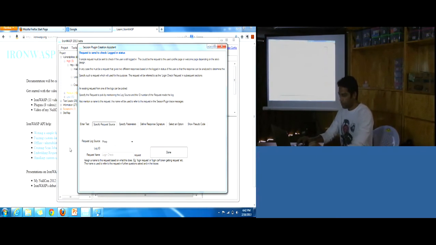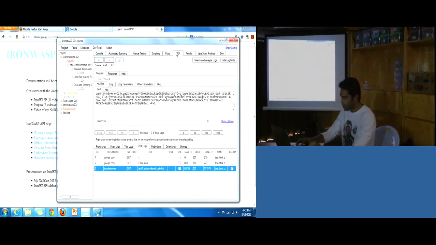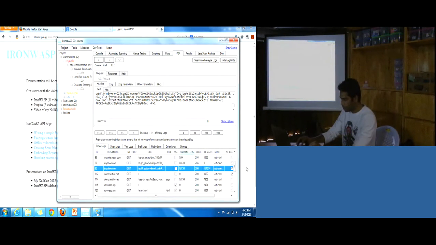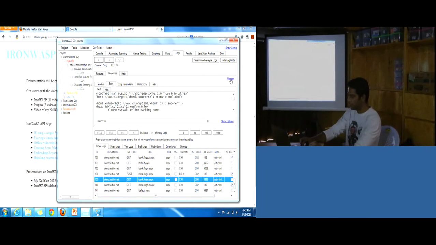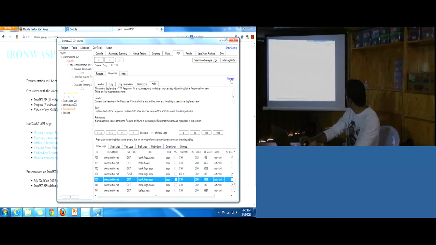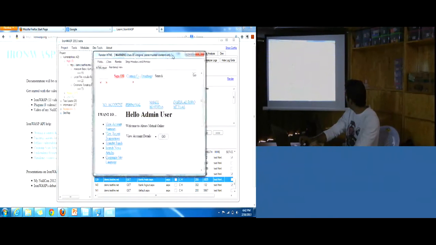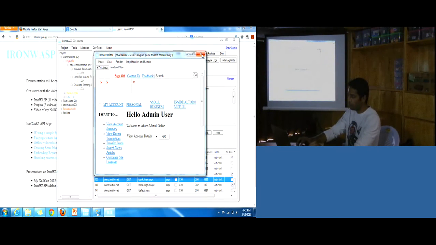So if I go to the logs, after I do a login, this is the profile page which I see. Let's confirm it. Yeah, it says hello admin user. So this is the profile page.